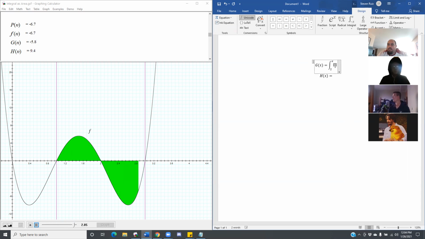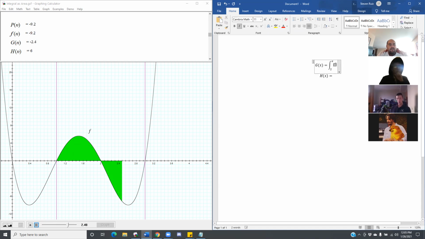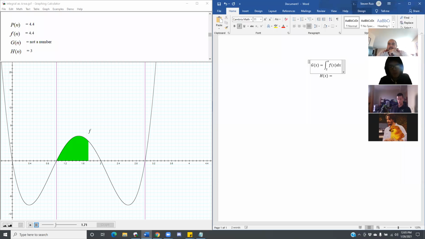Do you put the rate of change of g next? Okay. What is the rate of change of g in this case? The y value. And what function is giving us our y values? F of n. F, okay. So tell me what you think of this. Are we okay with that function to give us the signed area